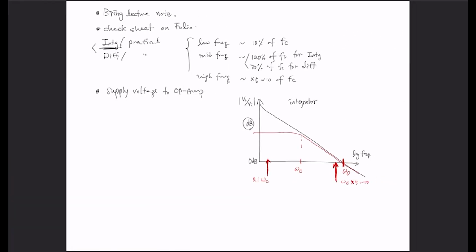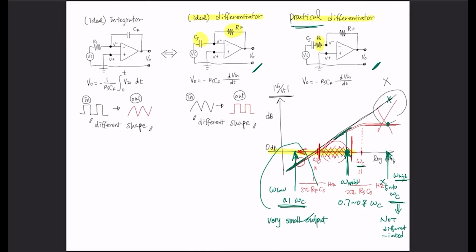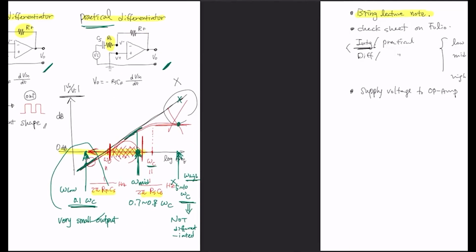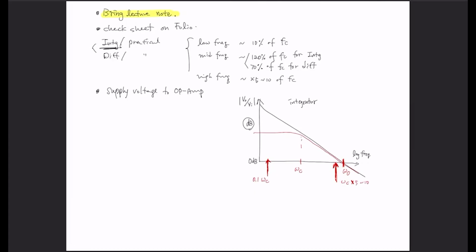So for this lab, again, it's going to be a pretty busy one, and I strongly recommend you bring your lecture notes so that you can have these numbers to select the frequency that you are going to use. And there's going to be a check sheet on Folio. It's going to help you make sure you get all the data before you leave the lab. So make sure you bring this check sheet